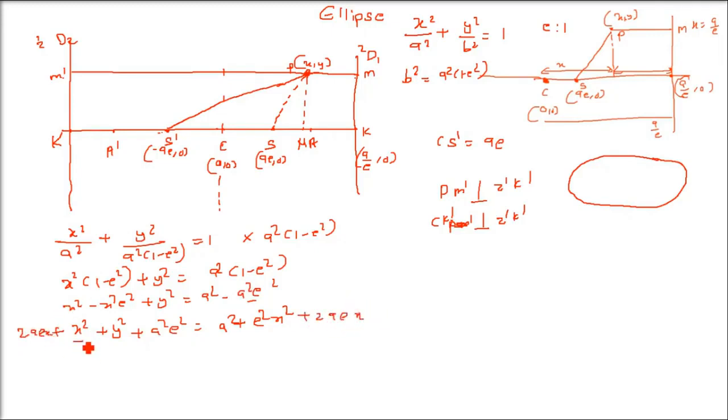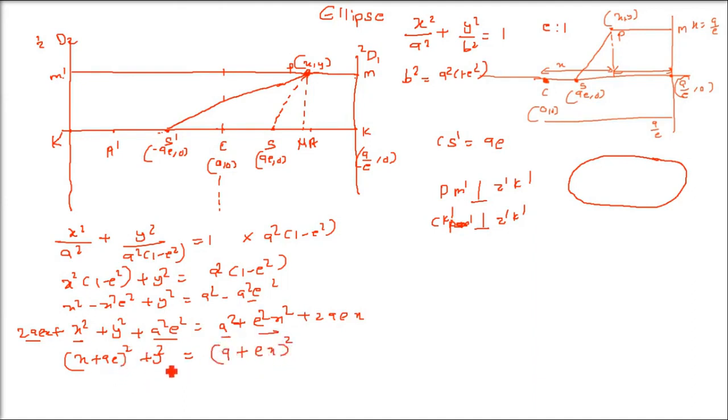So if you see here, x square, 2ax and a square e square, what is this? This is x plus ae whole square. If you open this square, it will be only that one, and then y square only. Then you have this a square. This is again a plus ex whole square. If you open a plus ex whole square, you'll get the same equation which you see above.